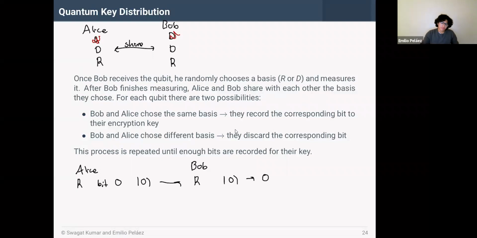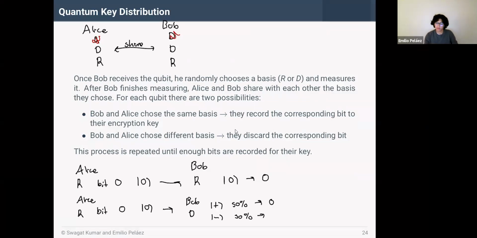But now, if Alice again chooses the rectangular basis, bit 0, and sends the ket 0, but Bob now chooses the diagonal basis, he will have a 50% chance of measuring plus and a 50% chance of measuring minus, which is a 50% chance of getting the bit 0 and a 50% chance of getting the bit 1. So this isn't useful because they need to be sure that the